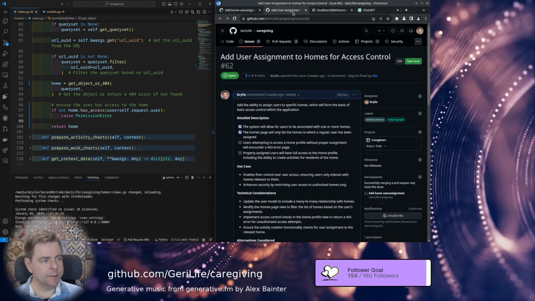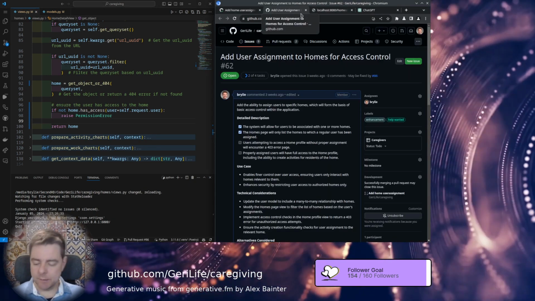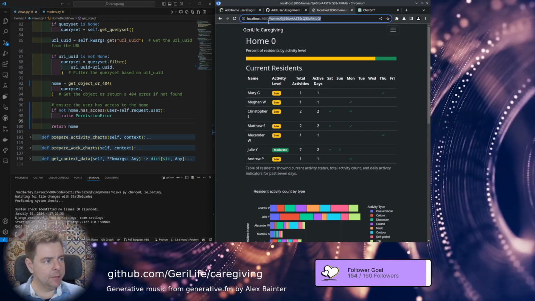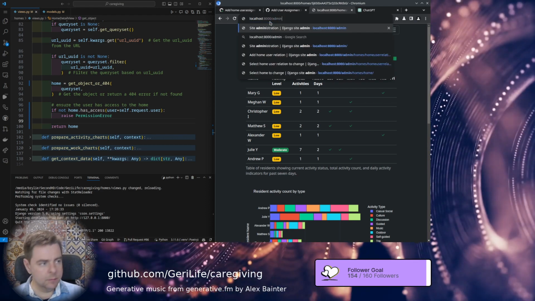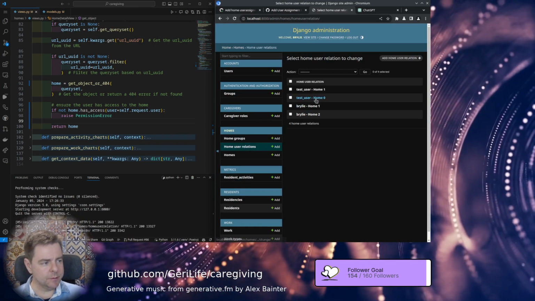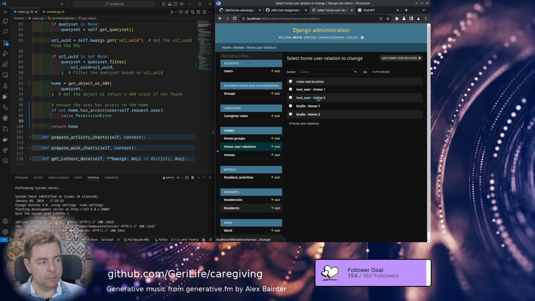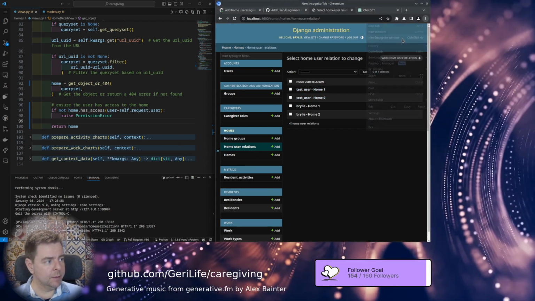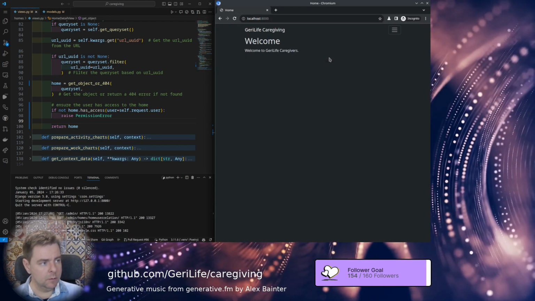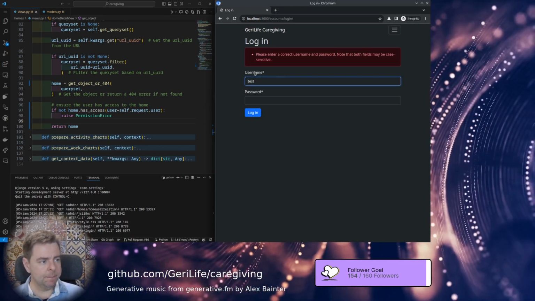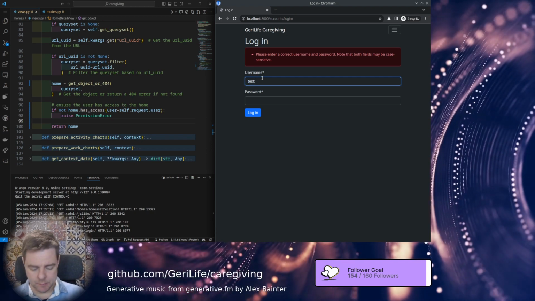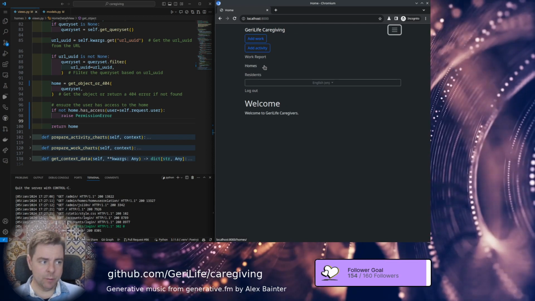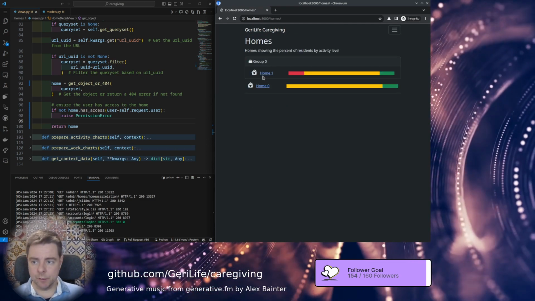All right, so here's what we need to do to test this, and I'll write a unit test. So we're at home 0. If I go to admin, and I go to home user relations, I have a test user, and they're a member of home 0 and 1. So if I open an incognito window here and log in as the test user, I don't remember if I did test user. There we go. And so I go to my homes page, and it shows the correct homes here, so I